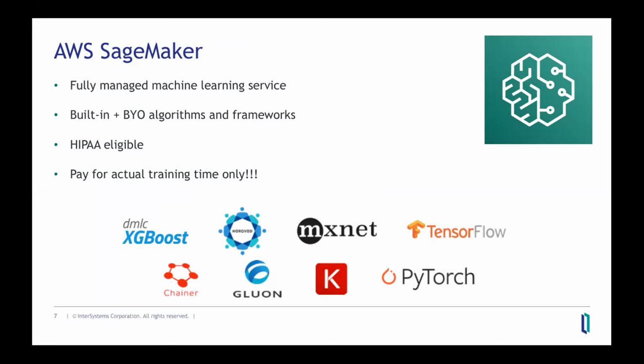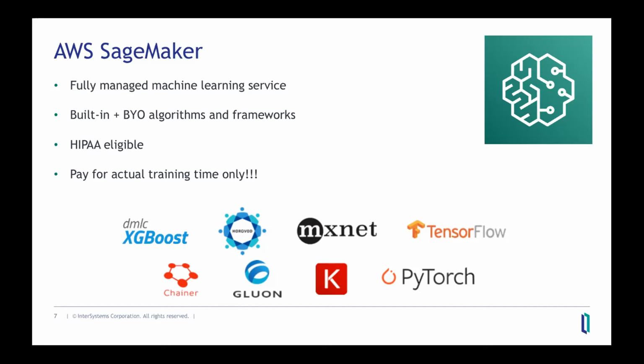The instances are GPU enabled, so some advanced learning such as deep learning, CNN, RNN can be very effectively trained there. You have managed Jupyter Notebook. You have cluster of instances that you can spin up on demand. Wide variety of algorithms, as you can see there, and you can bring your own algorithms into SageMaker.